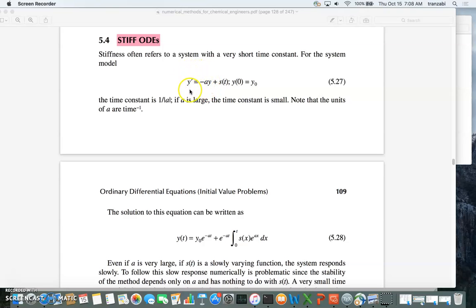The solution to this piece is an exponential function, which is right here. And then the solution to the rest of it is something like this. The goal is actually not to find the exact solution, but to use the exact solution to understand what a stiff ODE is. So if you accept that the solution would look something like this, then if a is very small,